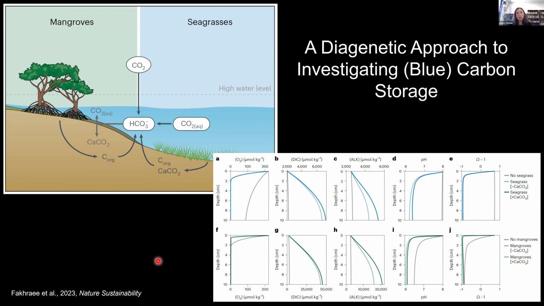And by dissolving carbonate sediments through increased respiration of the root structures of these organisms and increased sulfide oxidation of organic matter, the manner in which that can foster carbonate dissolution, alkalinity enhancement, and thus, through a re-equilibration of the carbonic acid system, foster greater drawdown of atmospheric carbon dioxide into the shallow oceans. And this is work stemming from a study published last year by Fakhri et al. in Nature Sustainability.